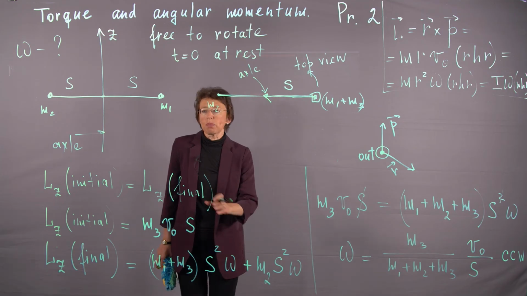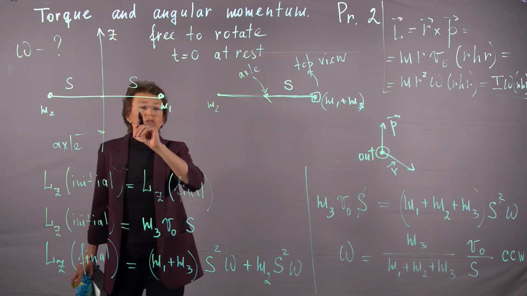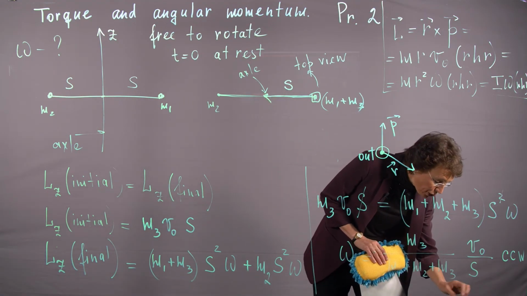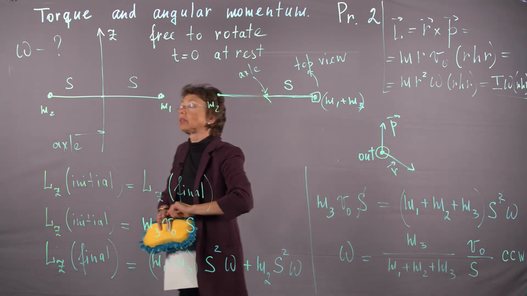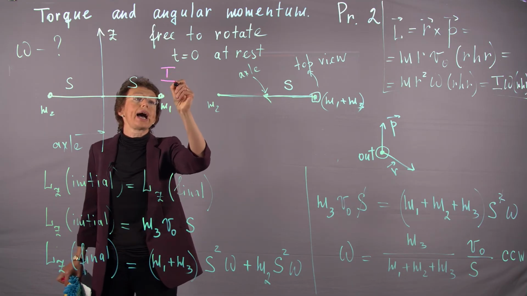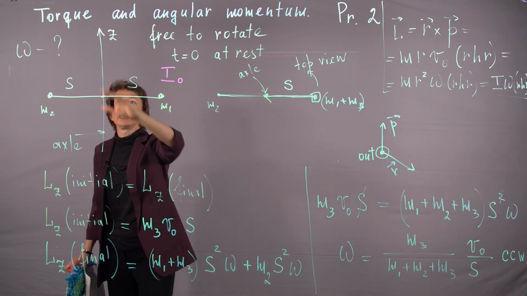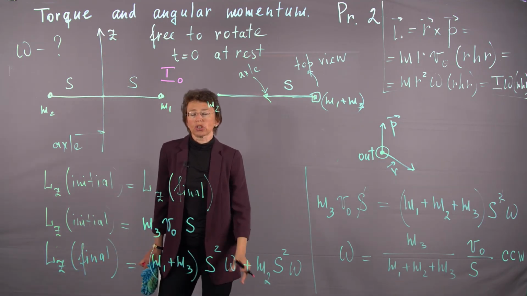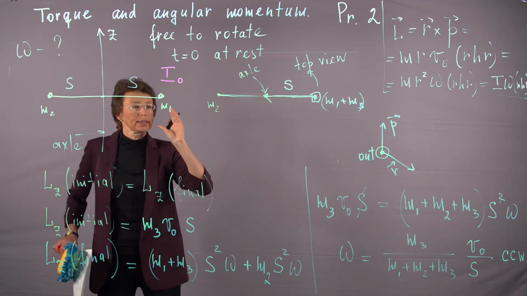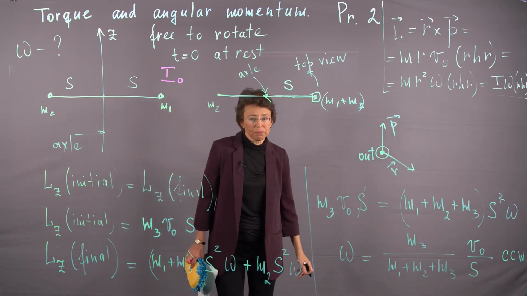Now, how will this problem be changed if I add that the rod is not massless? It now has a moment of inertia that is given. So let it be given. Moment of inertia of the rod is I naught, about the center. Moment of inertia has to be provided about the axle, some axle of rotation. So I naught, moment of inertia of this rod about this axle, is given. How will this equation be changed?